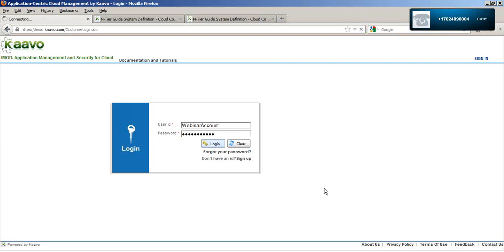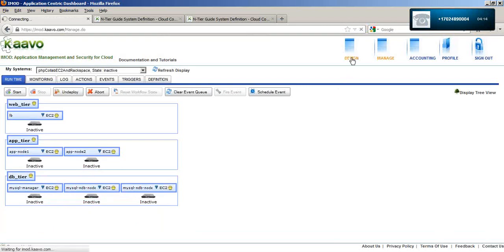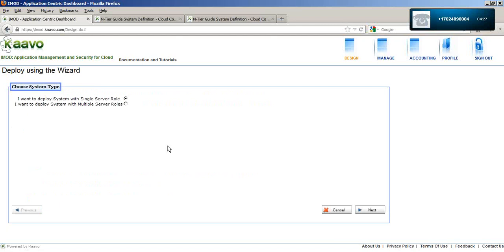So let me log into my inode account. This new feature is available on both the design and manage page. Let me go to the design page first. I have to bring up the configuration page where the UI for the new feature is available. And for that, I am using the wizard for creating a new system.